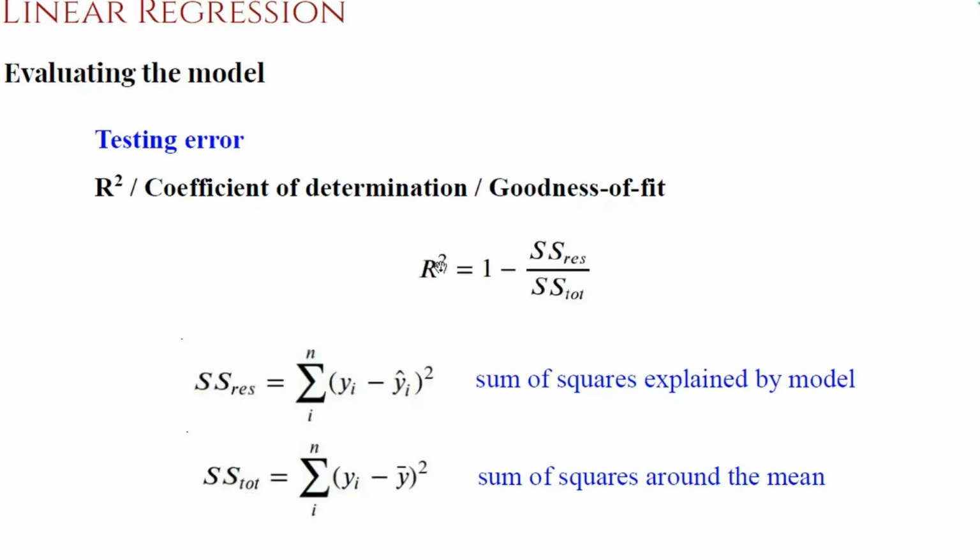So let us assume some magic happened and our model is predicting the height of the participant exactly. That means for any participant, if we give the weight as input to the machine learning model, it gives the prediction y hat, and that is exactly equal to the actual height of the participant.